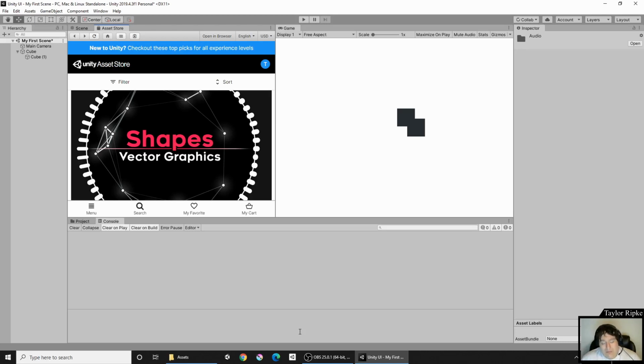But we covered the hierarchy, which shows you a list of all the game objects in your scene. We talked about the difference between the scene and the game view, and how the scene is going to be your active workspace and the game view is going to be an image of the final product that, when you press play, the user is actually going to be able to see and interact with. We talked about the inspector, where after you select an object, either in the scene or in the hierarchy, the inspector shows you the properties of that object. And then we talked about the project window, which is your file structure system, and then finally what the console